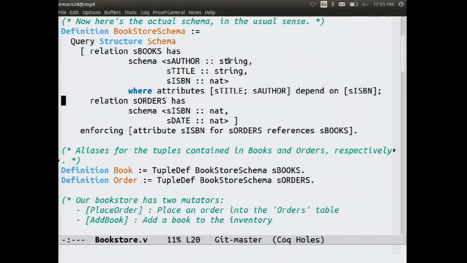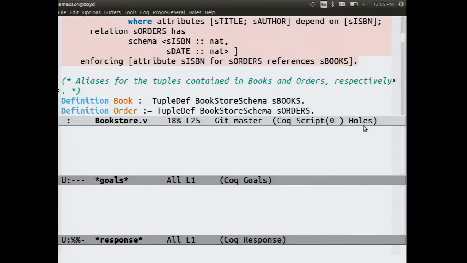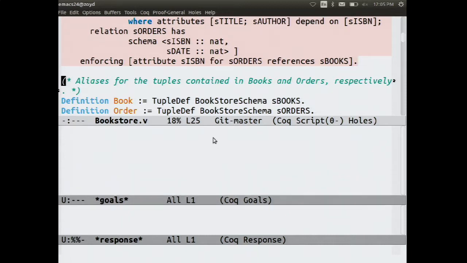So again, this notation, imagine, is desugaring into set theory that describes the set of databases that are compliant with the schema. It does not explain directly what concrete representation in memory to use to represent the database. This is purely a specification construct. Fiat is going to choose the in-memory representation for us that makes things fast. So this is the data definition, and then we get to the actual operations over the data that we want to implement. So let's see how that goes.